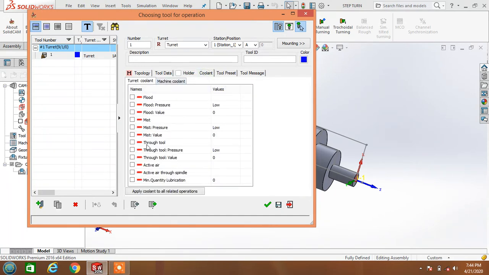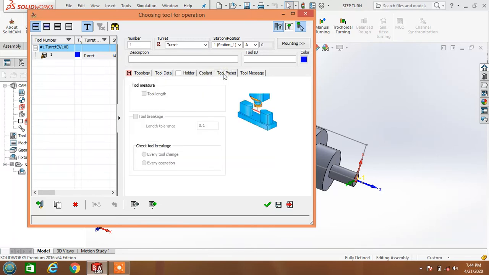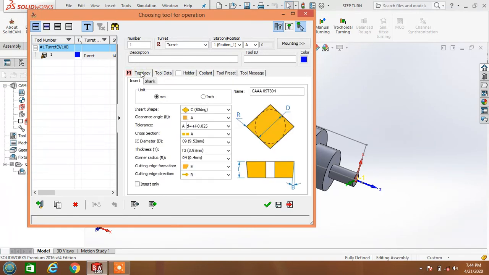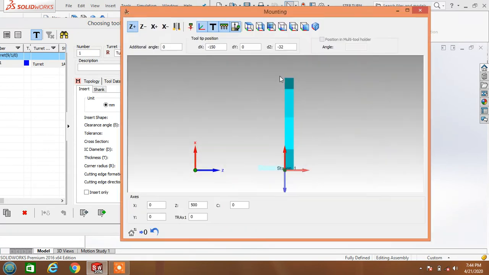Here air is a coolant, pressure, lubricant, everything, and tool preset and tool messages are all there. Leave it as it is for simplification, and give the mounting: where the tool holder is and what position the tool is in on that machine. Click the mounting.